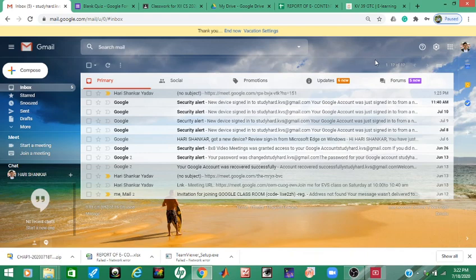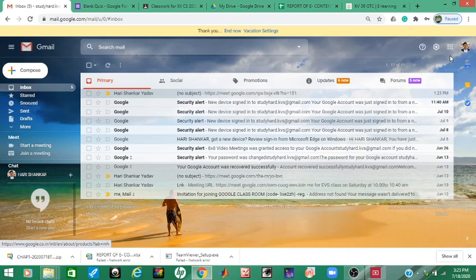To create a Google Classroom, we have to log into our Gmail account. Again, I request you to create one separate Gmail account for Google Classroom. If you are handling 3 classes, then it will be better to have 3 Gmail accounts, one Google Classroom for one Gmail account.